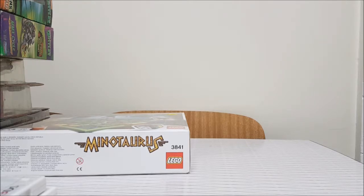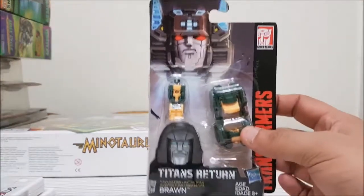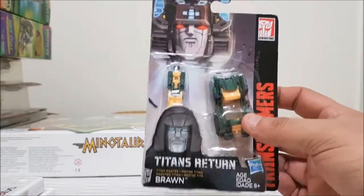So these are on sale for $8 each. When they came out, they were $14.95 here. I was like, no. Then they went down to $12. I was like, nah, I grabbed one or two. At $8, I went, screw it, I'll grab all the ones I don't have. So we got Titan's Return, the Minicon Brawn,